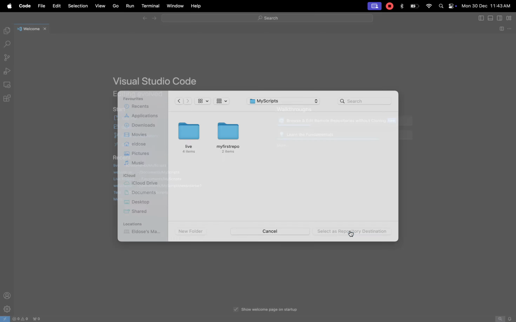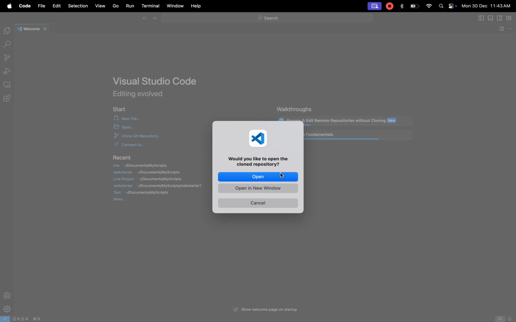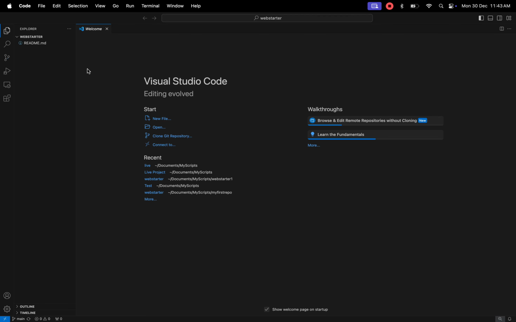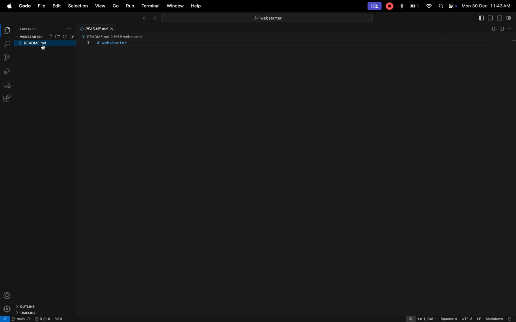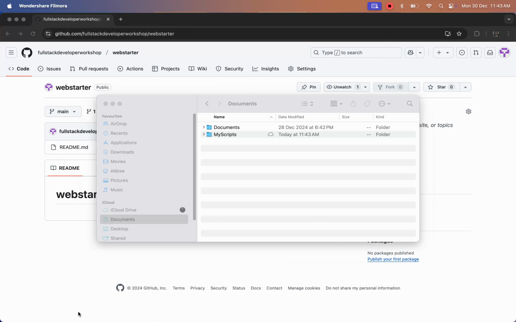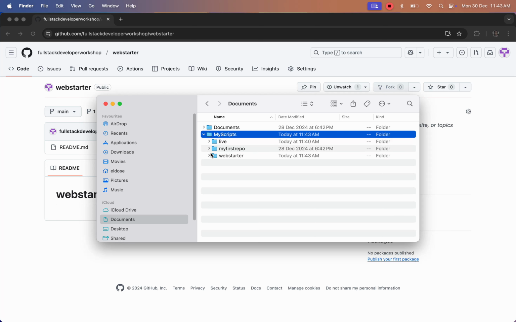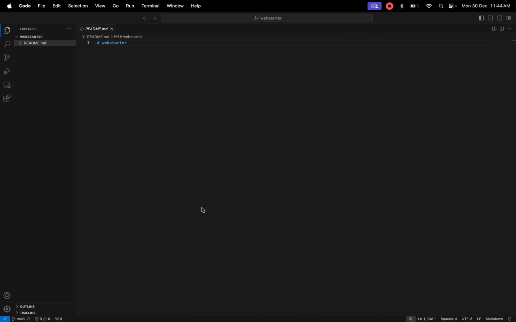After selecting the location, the cloning process will begin. It's cloning now, and yes, the repository has been successfully cloned to our local machine. You can see the files are now available locally. Next, I will head back to VS Code to create 2 new files,